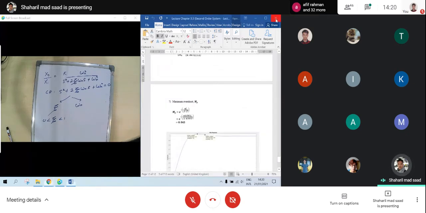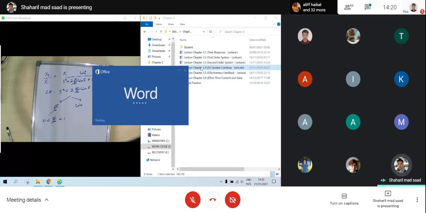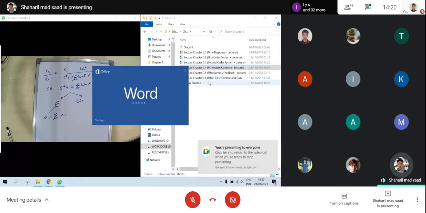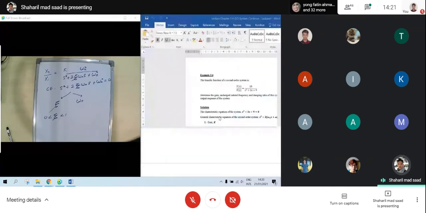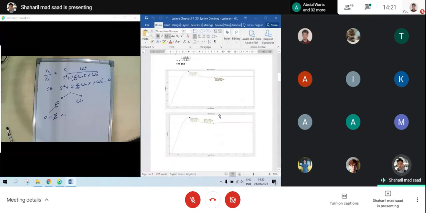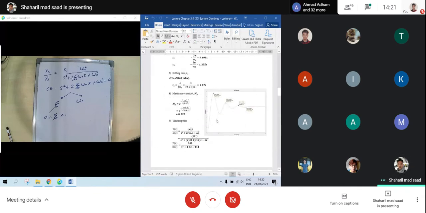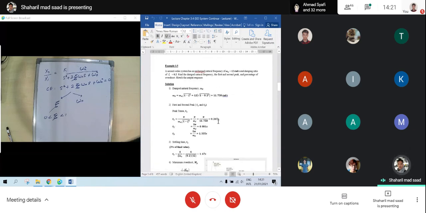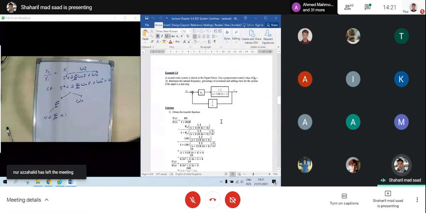The second one is this one, it also shows a few examples, right? From this one, you can look into this. How to draw it, I think you already know. So this one, let's focus on this one.